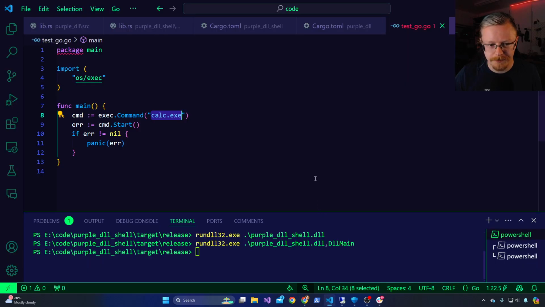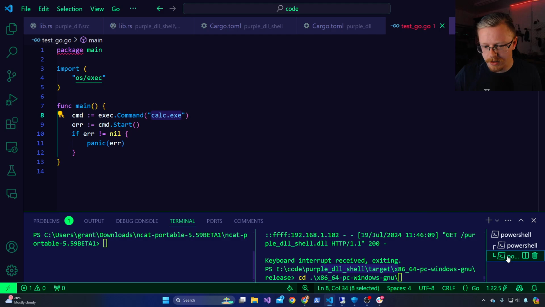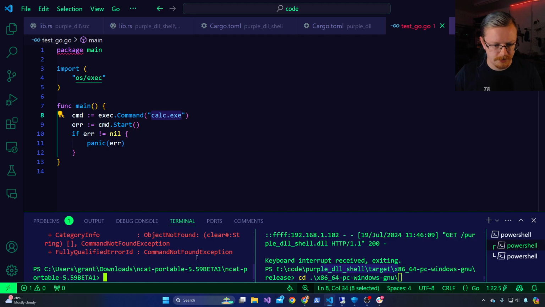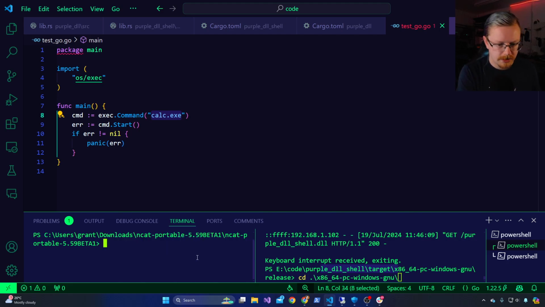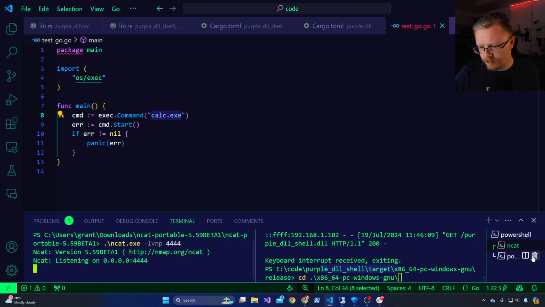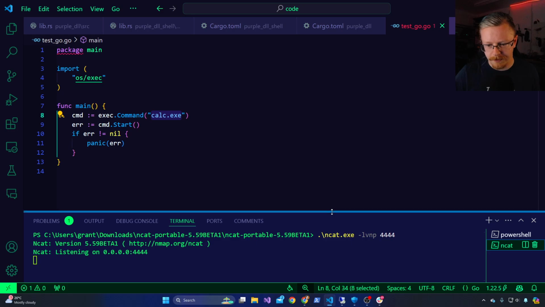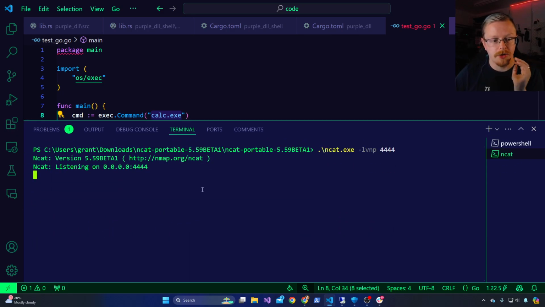And if I pull this up again, and let me do netcat, clear that window, and we will do this. So let's just make that bigger. So here we've got netcat listening on port 4444. Okay, and what this is going to do is get the response back from our